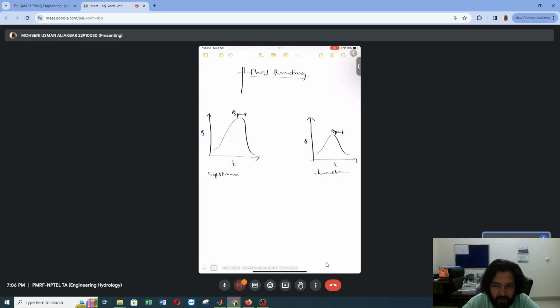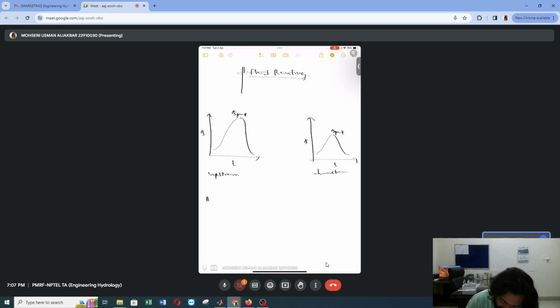There might be some losses because of which the peak will obviously get reduced, right? Now there are two different types of changes. The first change will be in terms of peak of discharge, and another will be due to the time lag, or the lag difference, between the two discharges, right? So there will be two changes when we are plotting or deriving a downstream hydrograph with reference to the upstream hydrograph.